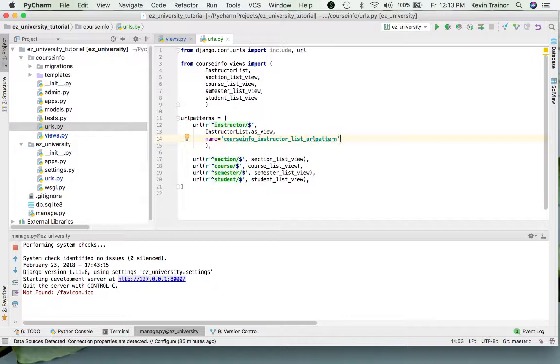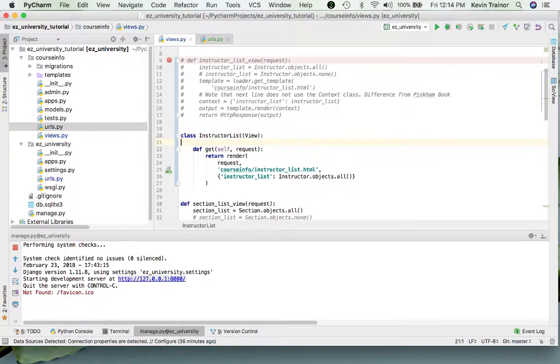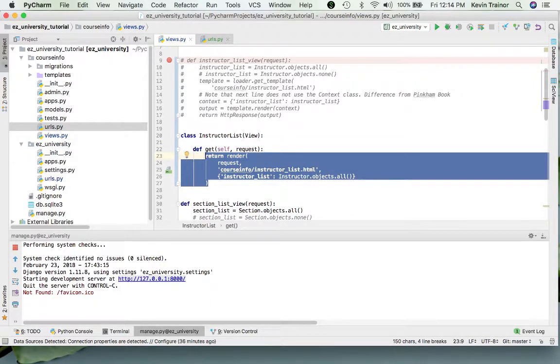So we refactored this. We had to change the URL pattern to reference the class-based view. While we were at it, we added this name that we're not really going to use until we get to the next chapter. That's okay, we'll test it then. I always say you don't want to add things you don't want to test, but as long as we're here, we're going to do this. And then again, on the views, we greatly simplified the logic in the view, and then we refactored it to put it inside of the get method of the